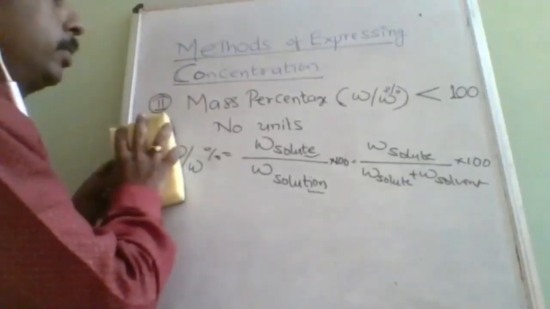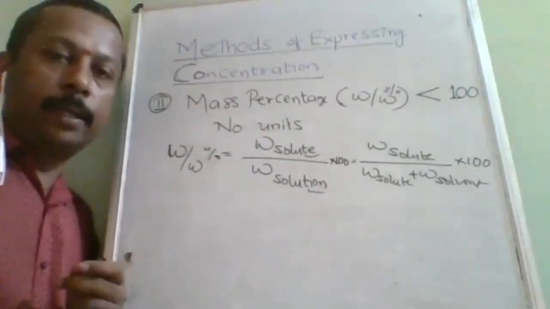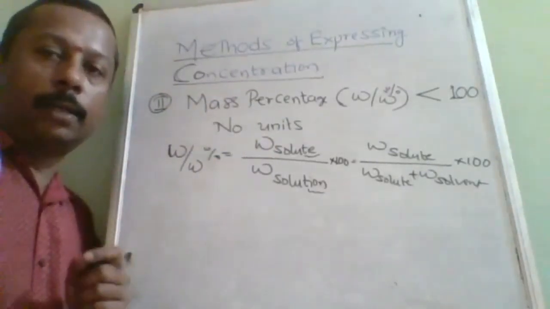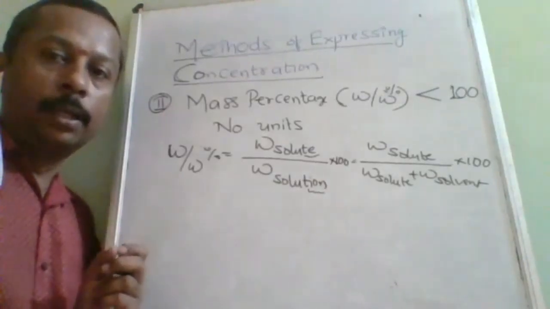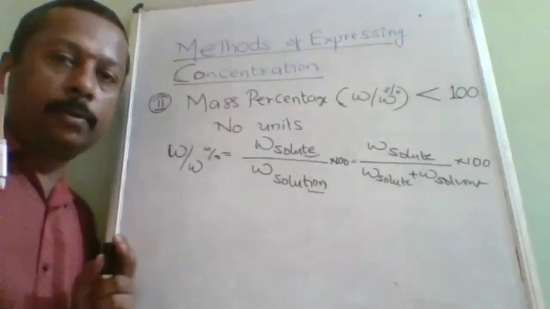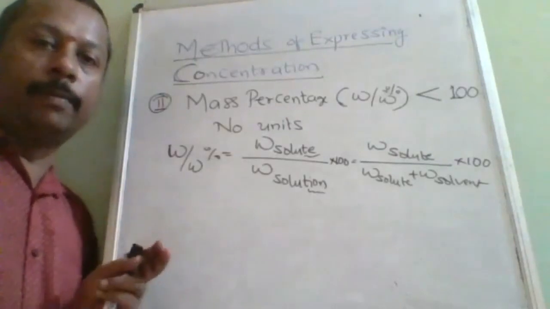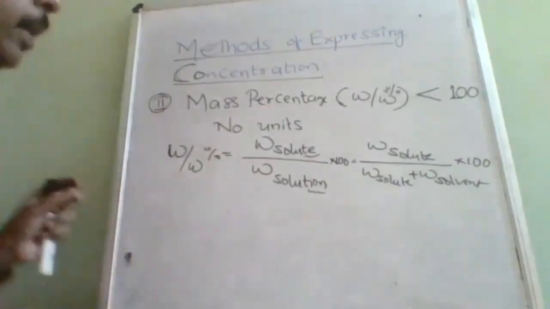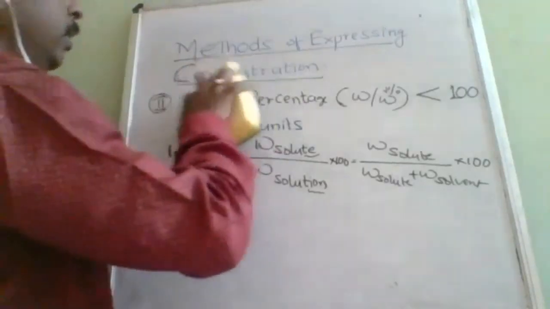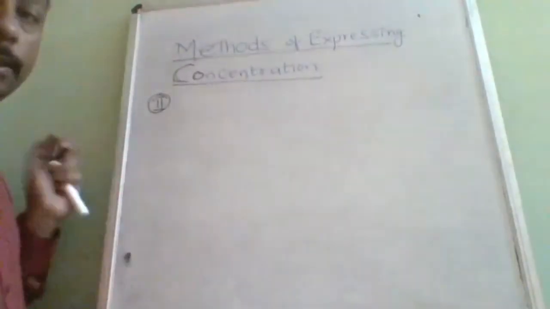Now, no units, because percentage. Two things you should remember: whenever there are two terms, percentage and fraction, you can blindly say no units. Not only in chemistry, it is applicable everywhere. Fraction and percentage, no units. Because in a fraction both are divided and the units are the same, and percentage is derived from the fraction, just by multiplying with 100.